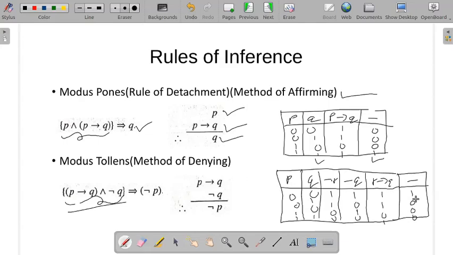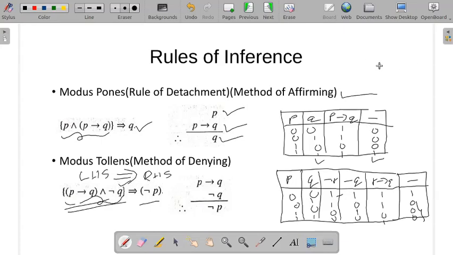Let's see here. Whenever LHS is 1, what becomes of negation P? Negation P is 1. In all other cases LHS is 0, so negation P has the freedom to be any of the logical values, 0, 1, 0, 0. It's not a problem. Whenever LHS is true, RHS should be true. So here in this case it is true, negation P is also true. So LHS infers RHS.